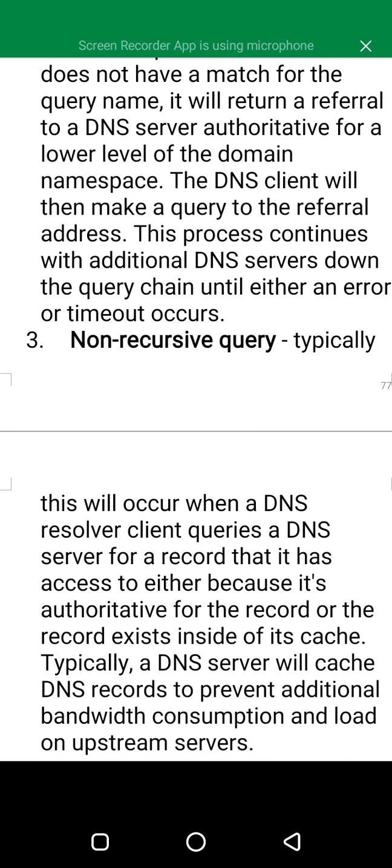The DNS client will then make a query to the referral address. This process continues with additional DNS servers down the query chain until either an error or timeout occurs.